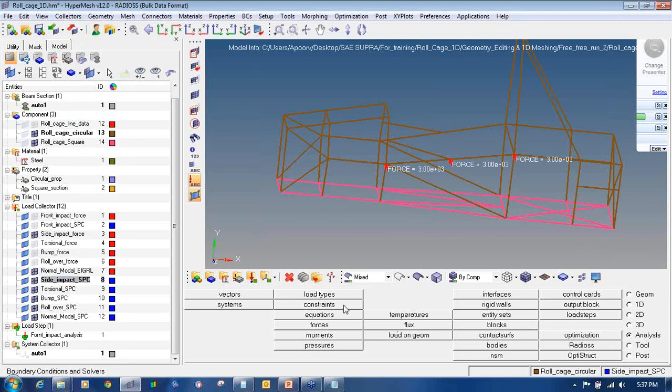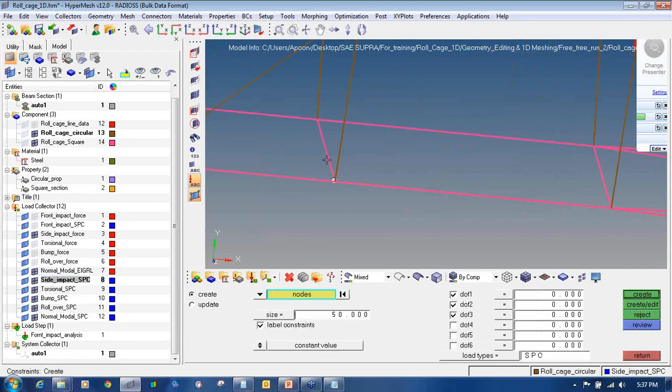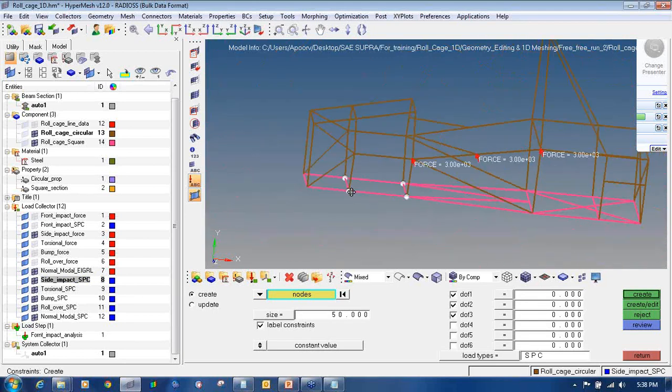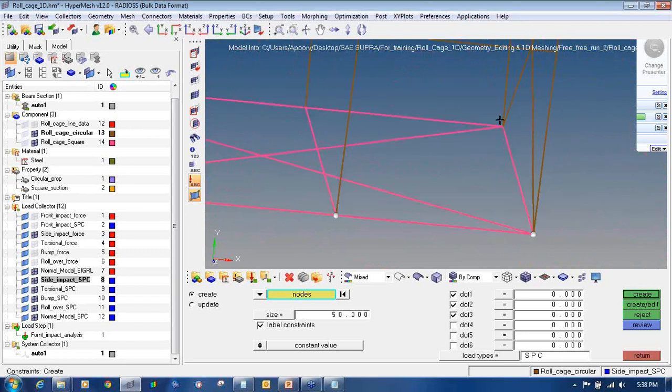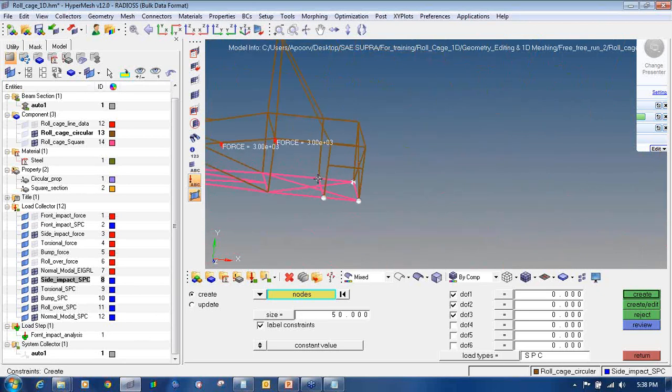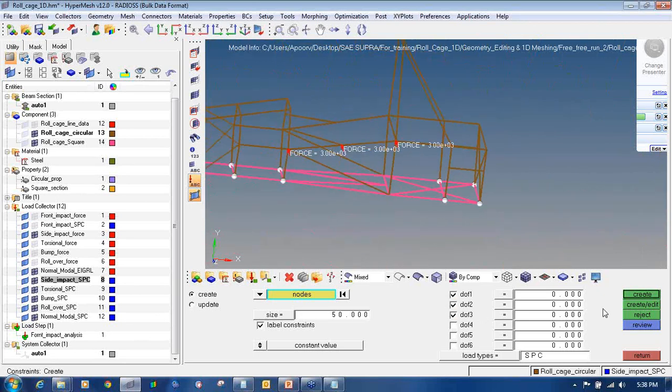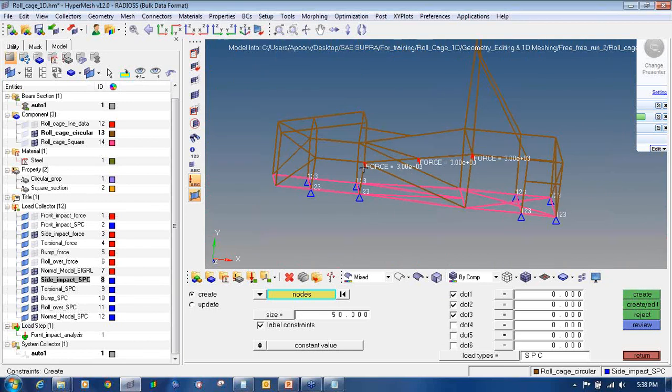Go to analysis, constraints, pick the points. Select degree of freedom 1, 2, 3 and click on create. So my constraint has been defined.